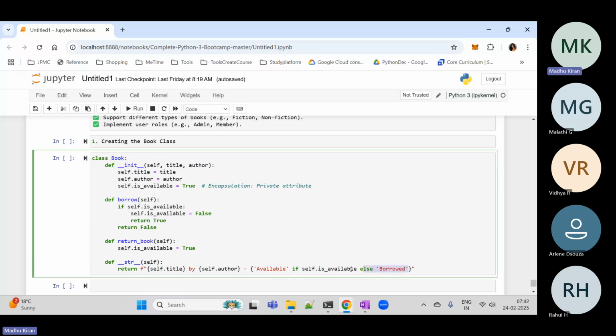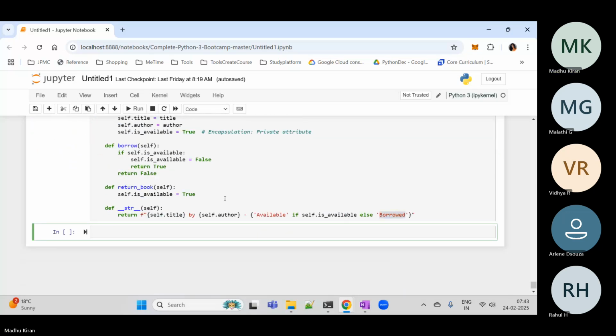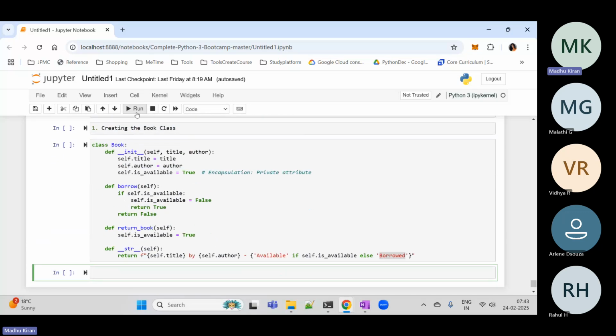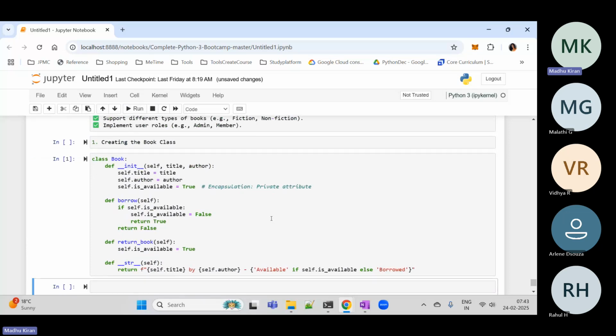Okay. This is the way you can write if inside a print statement, like how we write lambda. We can create a function, right? Lambda, we can mention lambda and we'll be having a for loop. Similarly, you can write if it is available, what you want to tell, you have to do it on the left side. Else, what you want to tell will be on the right side. Okay. This is a class we are going to write for book. Okay. Let me run this. Okay. Now,